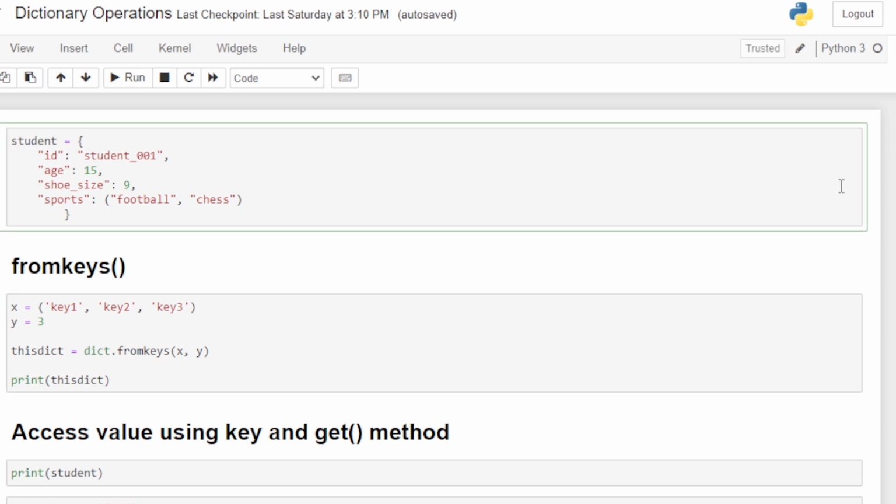Hello Pythonians. In this lecture, we are going to learn about dictionary operations. In our previous lecture, we learned that dictionary is one of the important data types in Python which is widely used. Dictionary contains data with key value pairs. For this lecture, I have defined the student dictionary, and in this student dictionary, you have key ID and